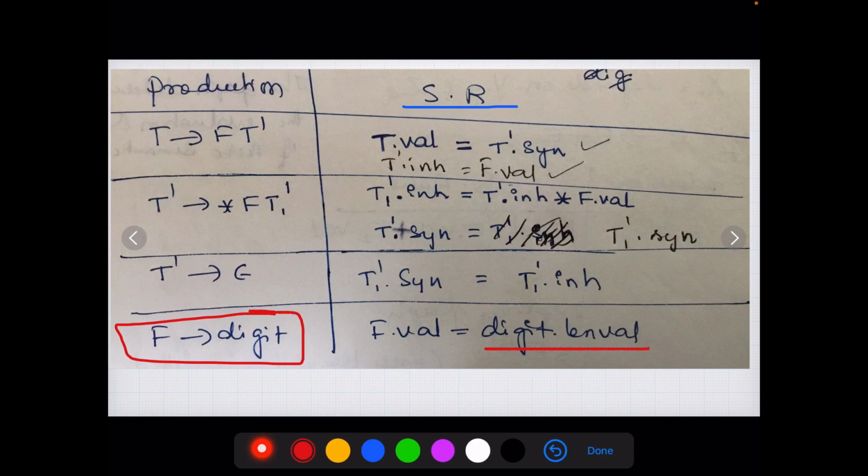Next, moving on to the next one. This is because, what is happening here is that the inherited attribute has been converted into a synthesized attribute. So moving on to the next production,